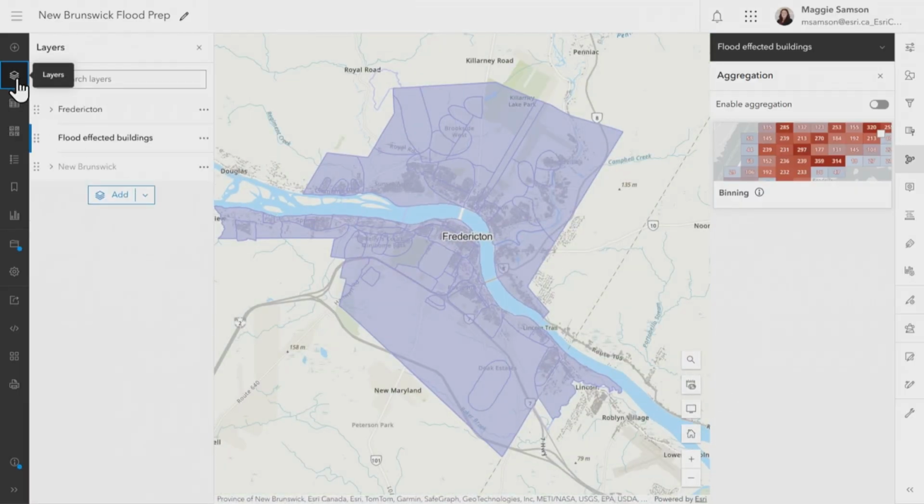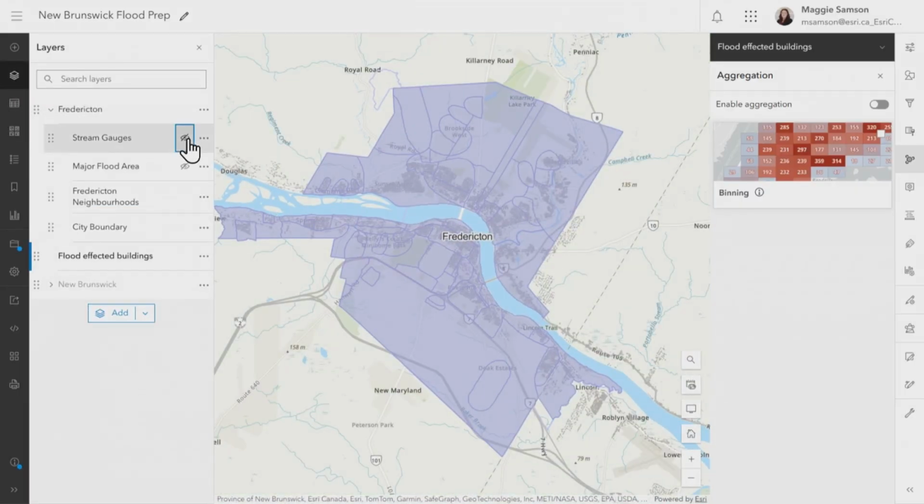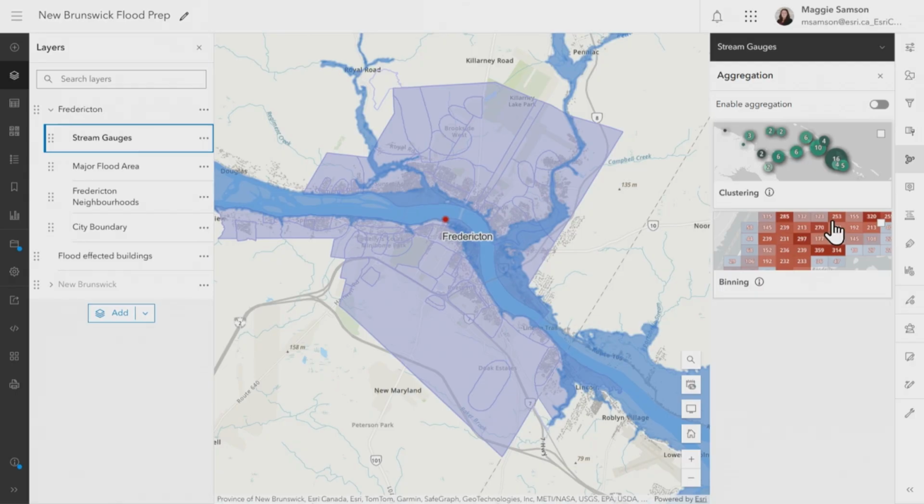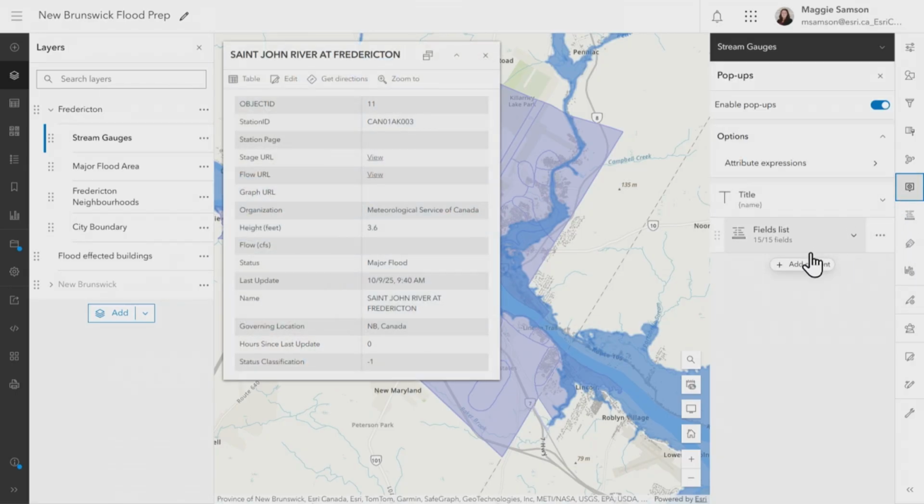Here in Fredericton, I have the stream gauges and a polygon of a major flood that's occurring. I want users in the community to be able to instantly see if there's a concern to them, so I'm going to make some changes. First, with my stream gauges, I want to modify the pop-up. Right now it's a field list, but text is easier to understand, so we can change that by using an